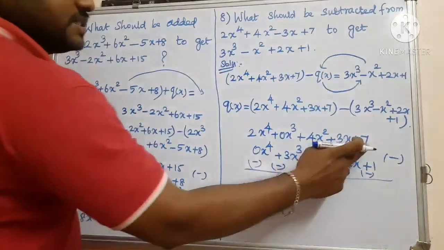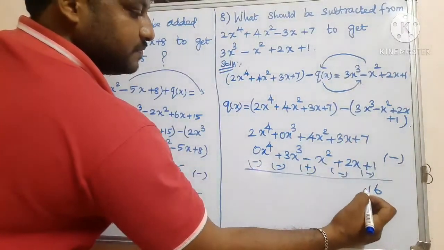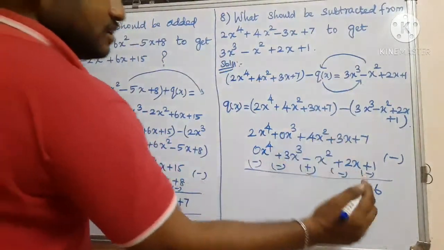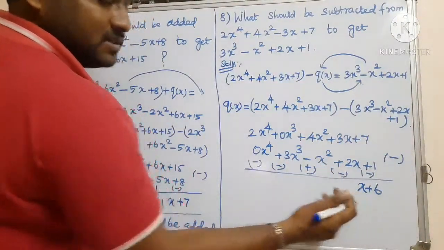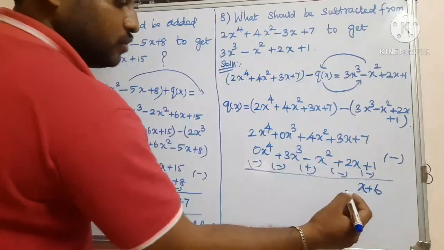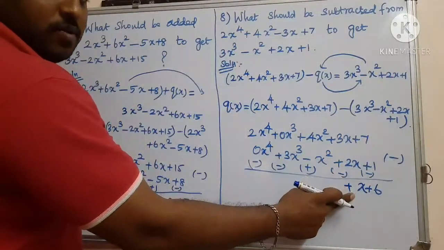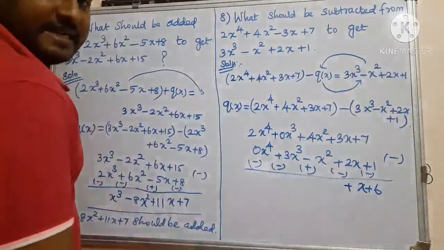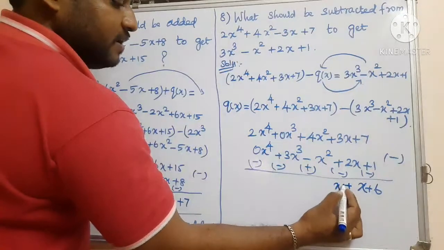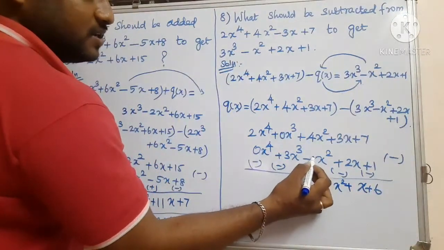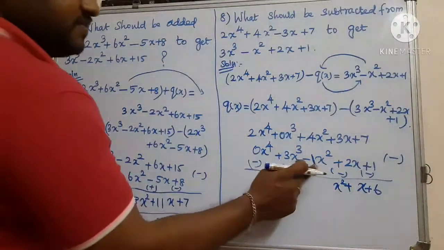Okay. So now 7 minus 1 is equal to 6. So highest number sign is plus. So x is a common variable. So 3 minus 2 is equal to 1. So you just write, or no need to write, plus x. 1x is written as x. Here x square is a common variable. So if any number is not there, that means it is 1. The coefficient value is 1.